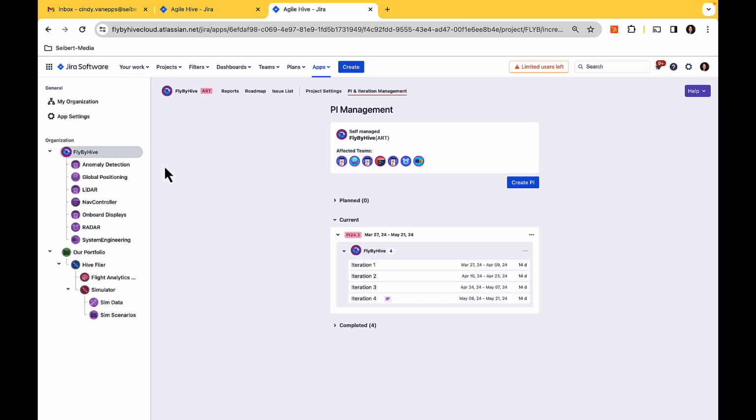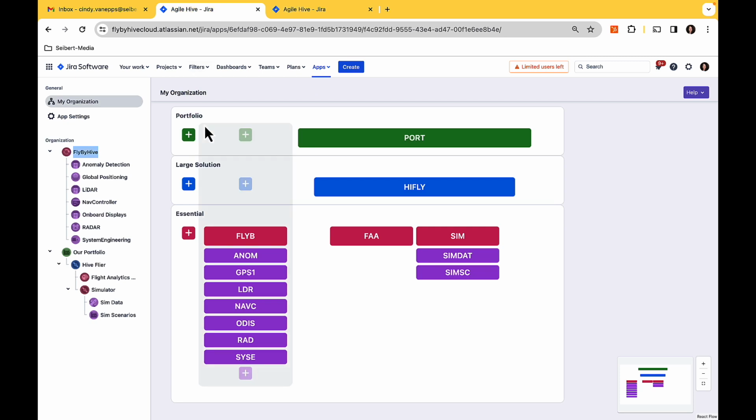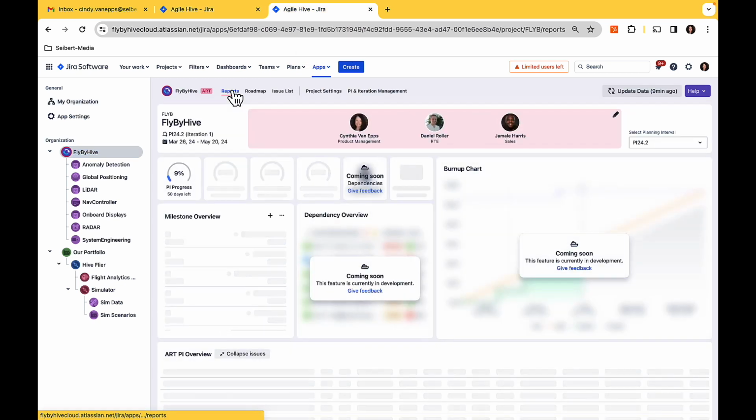The other thing that I want to look at is the team setup. Are there any changes to the ART, the teams, since our last PI? If so, I would use this organization view to change some structures around, or I can use my navigation view to get around to the different projects in Agile Hive. I can see on the report